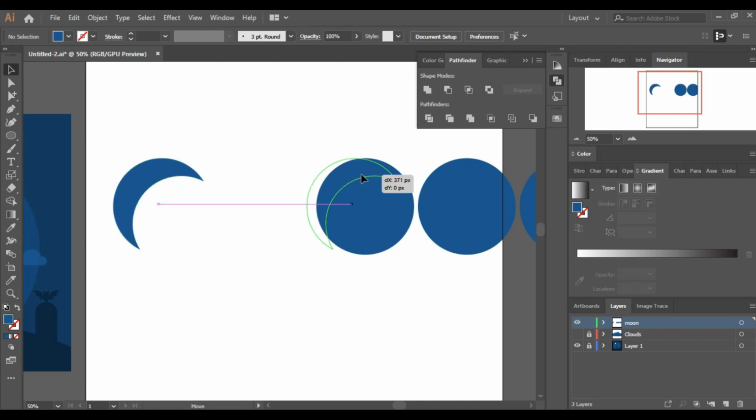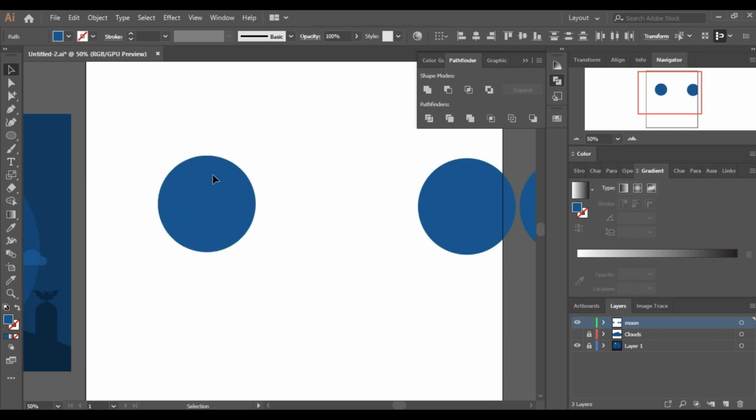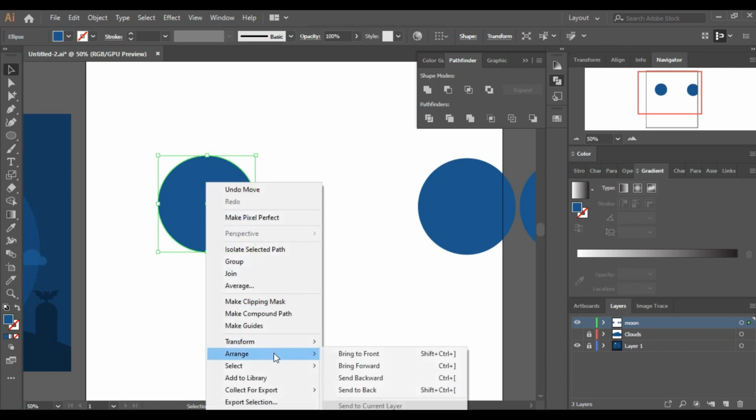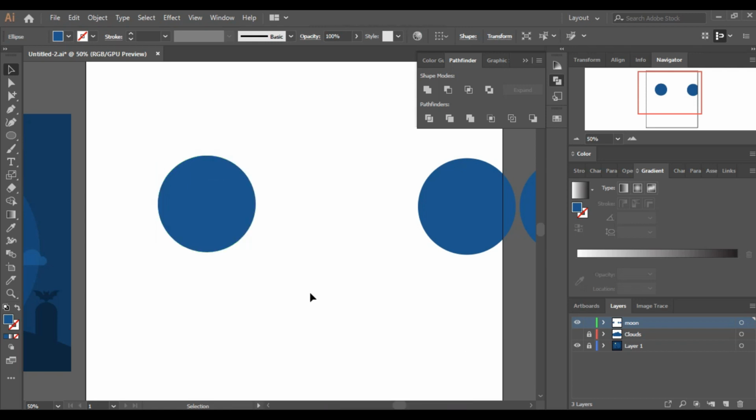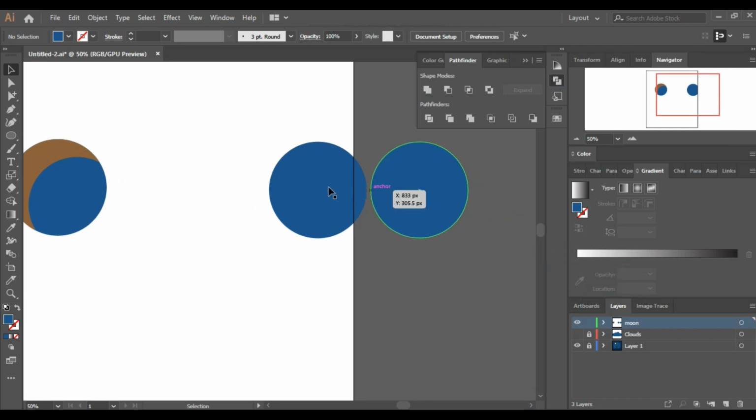I can place it on this one, and for now I can give it any different color. I cannot see that because it is at the front, so I can simply right click and click on arrange and send to back, and now I can give it a different color. Now using these 2 circles,